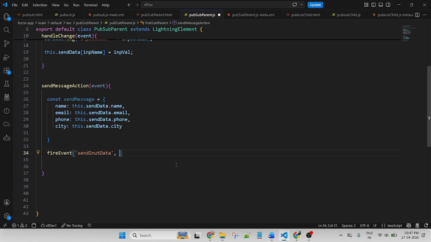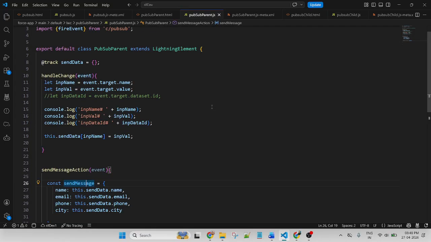After that, what am I sending? I am sending this object. Is the spelling of sendInputData correct? Okay. So this is the event name, and this is the data that I am sending from the parent component to the child component. This data comes from the input field value.